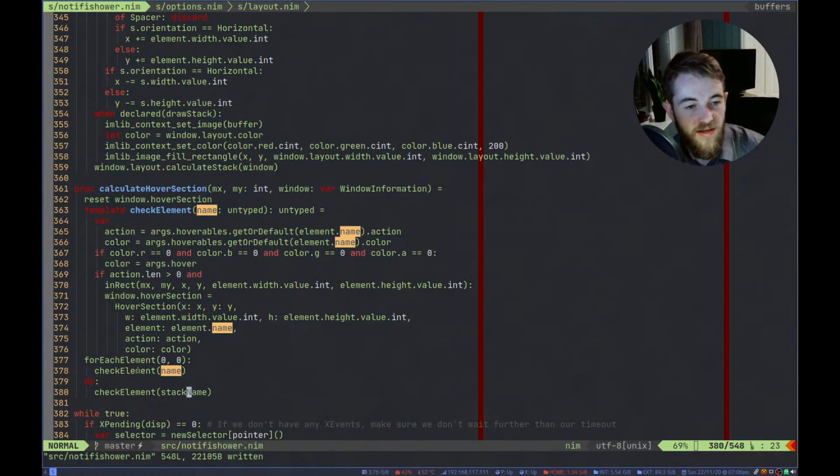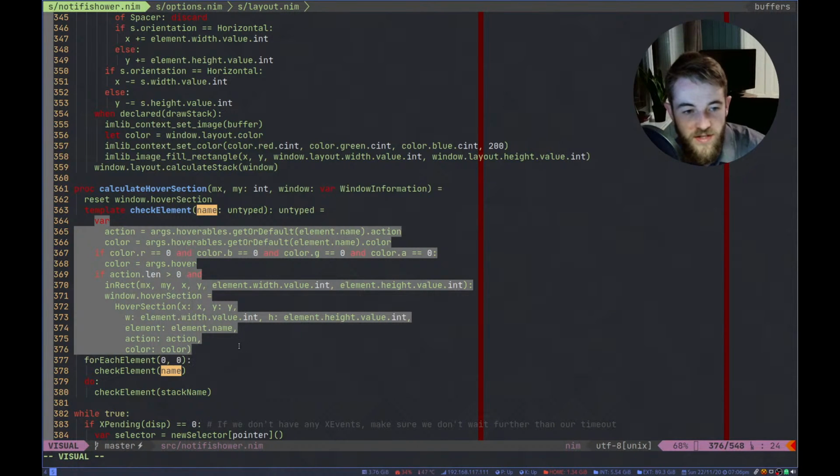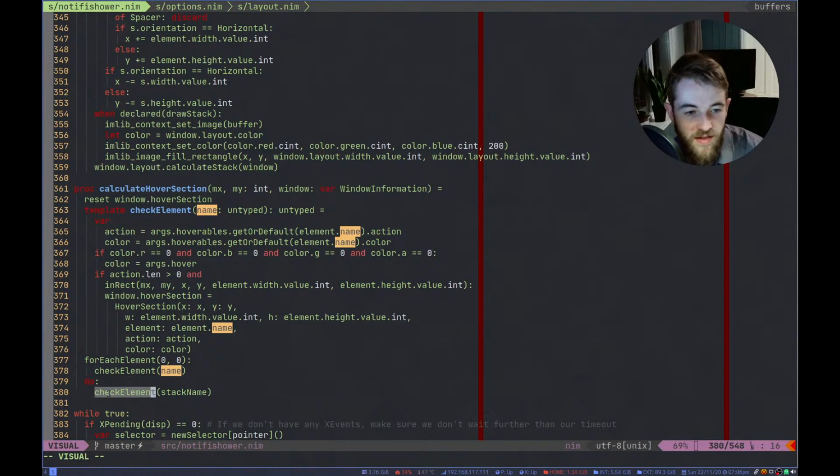So this basically creates a copy of all of this code in this block and in this block. But in this block, we replace this name here with name, and in this block, we replace all of these instances of name with stack name. What that does is allow this template to look at different fields without having to copy all of this code.